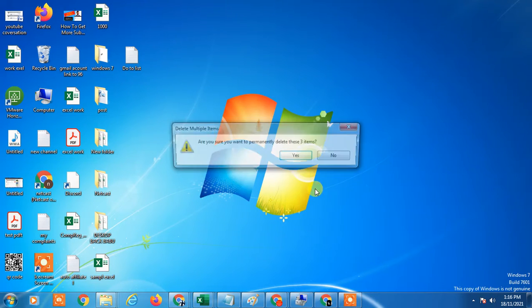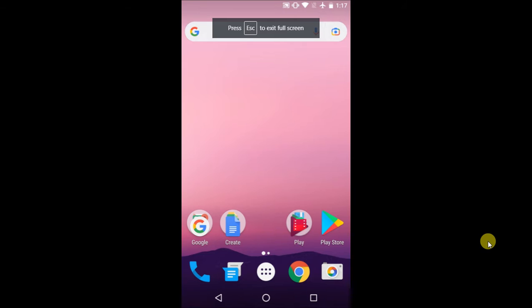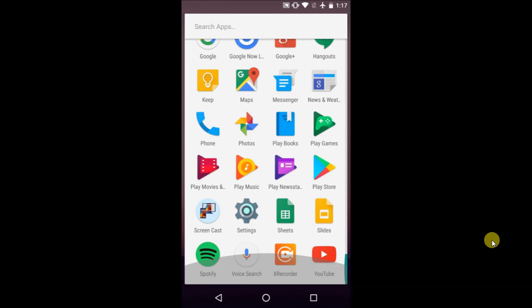So let's go on my mobile screen. So guys, here you can see this is my Android phone and just opening Shopify. Okay. So after you open Shopify application, just find your gear icon. Just click on settings,